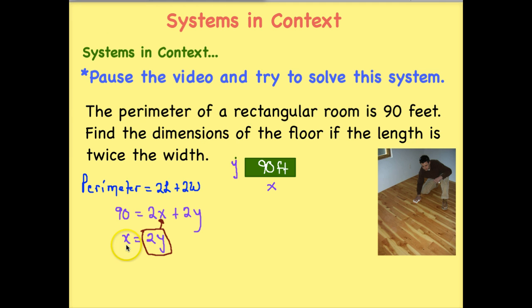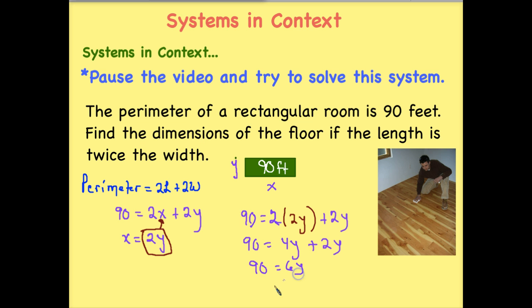In this situation, we have x, which is completely isolated and on its own side. So let's use substitution. We'll take 90 equals 2x plus 2y, and we'll substitute in 2y in place of x. Now we can just simplify. And there should be an equal sign in here. When we simplify, we just distribute, combine like terms, divide,